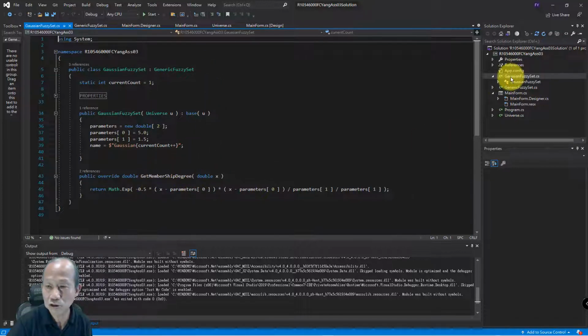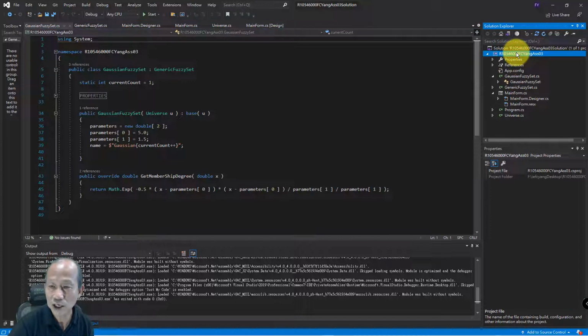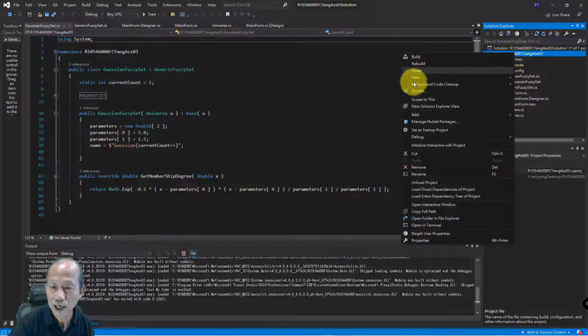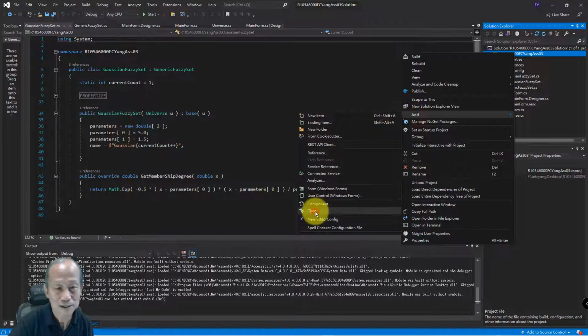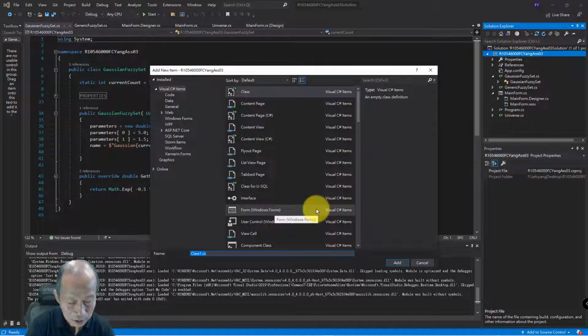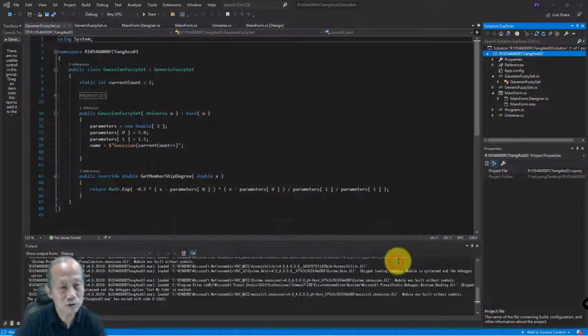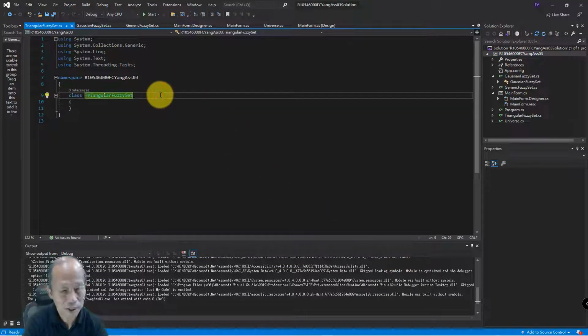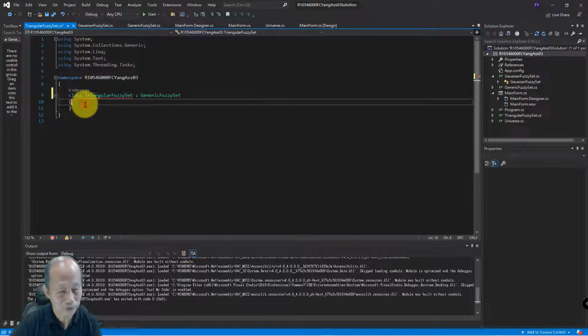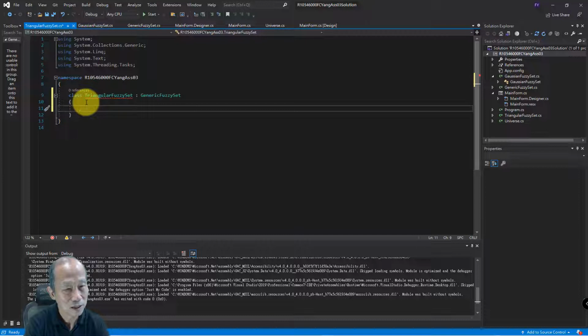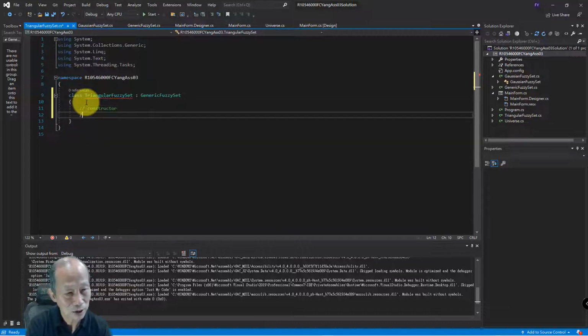Okay, give me a second. So what you need to do, for example, is click on this project file and add another class, Triangular fuzzy set, right? Similar to the Gaussian fuzzy set. Inherit from what? From the generic fuzzy set. All right, so what's left? You need to provide a constructor, do your own initialization, and implement the override